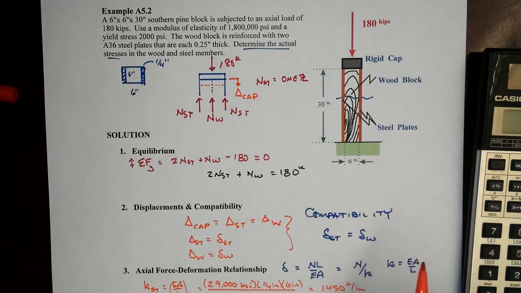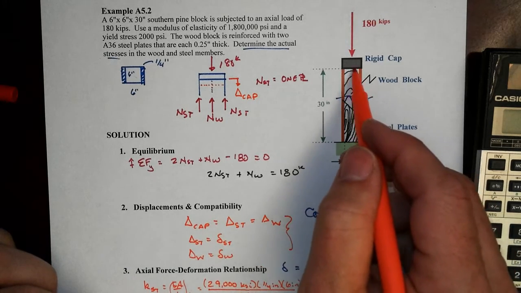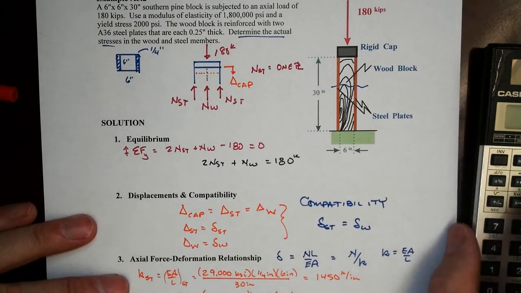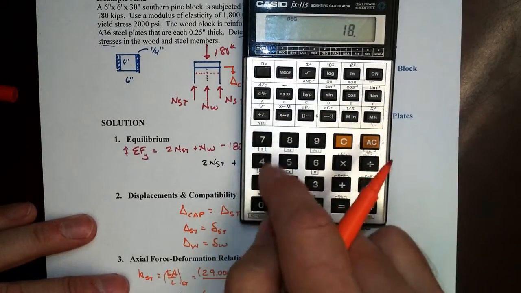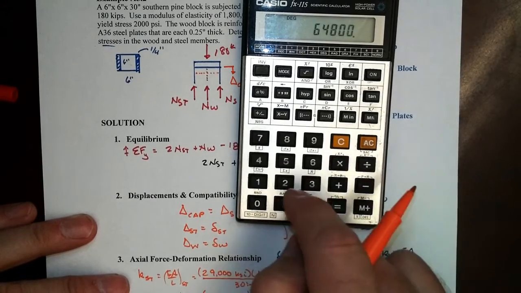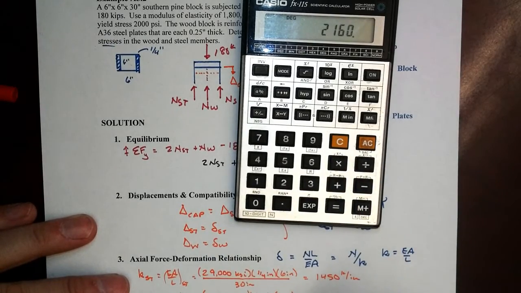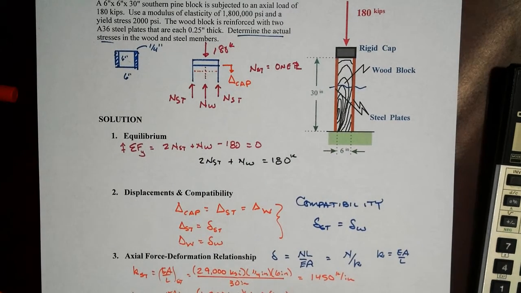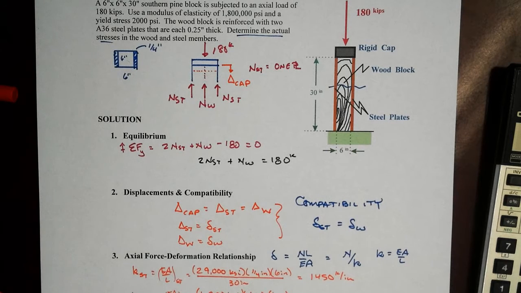There's other reasons why we do that, but in this case they have the same displacement at the top, same displacement of 0 at the bottom because it's fixed, and the number here is going to be 2160 kips per inch. So this wood is actually stiffer as a member than the steel member is. Right? So now we've got these stiffnesses, we can come back to our compatibility equation and do some